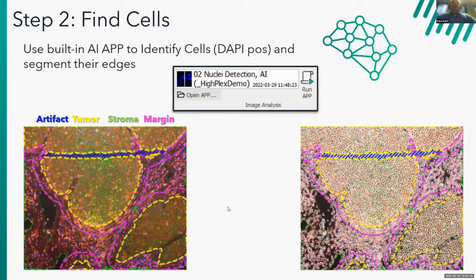Once we've done our compartmentalization, we now want to identify the cellular objects within the tissue. Again, you don't necessarily need to identify cells. You could identify any type of organism or whatever object you're looking for. Obviously, in cancer biology, we're interested in cells, and we want to draw a line around every single cell. These are fairly small objects, and we want to create an algorithm that's going to do this. In the case of animal biology,